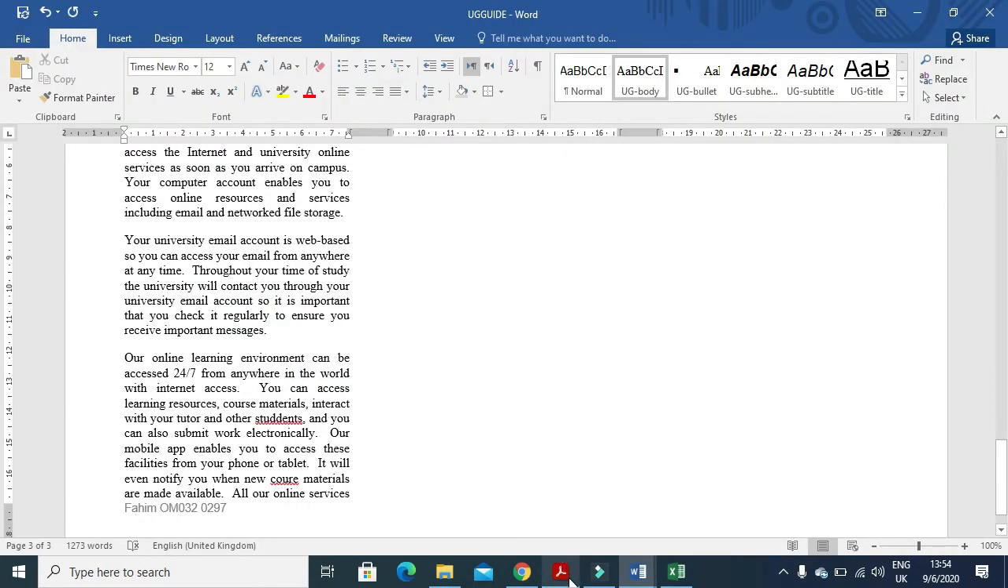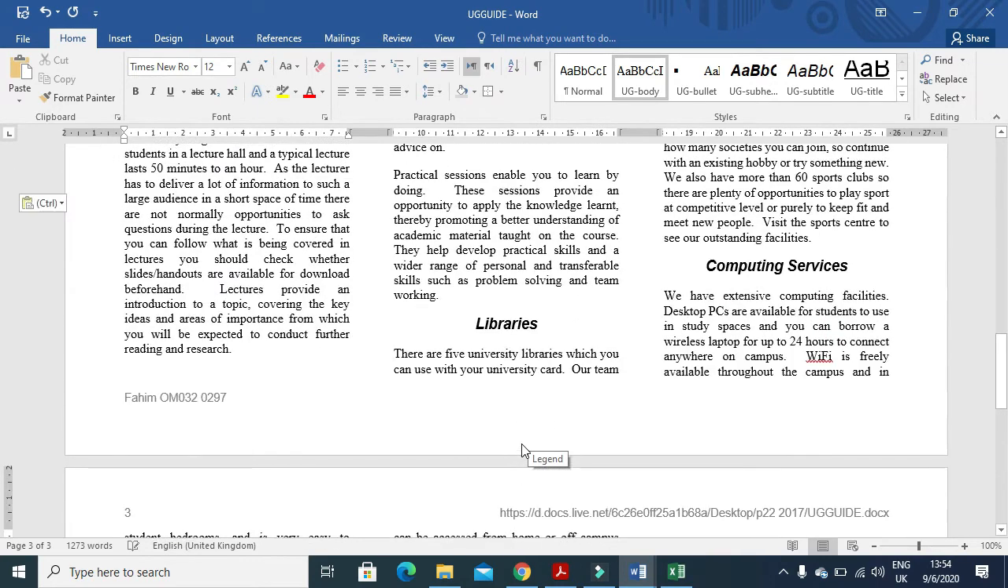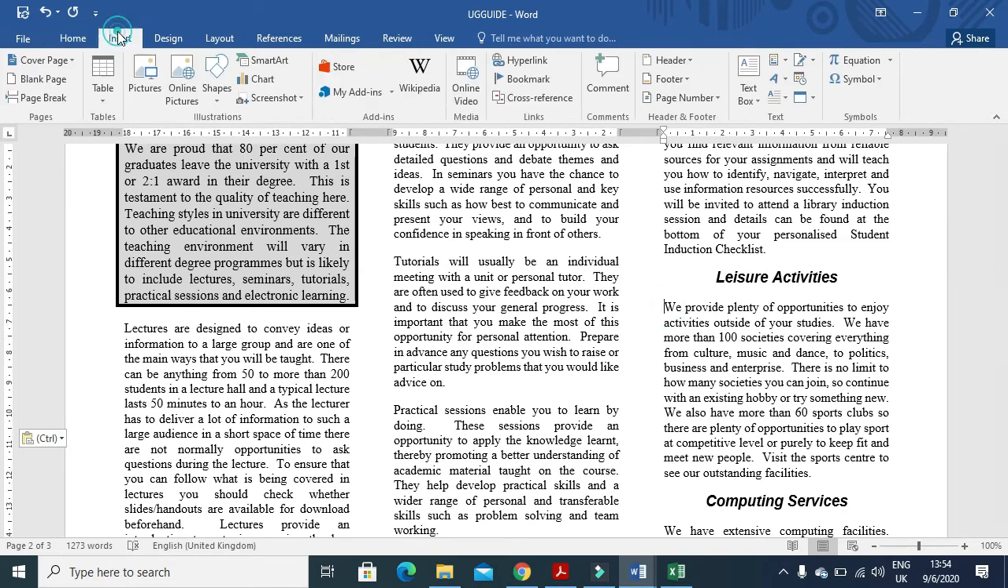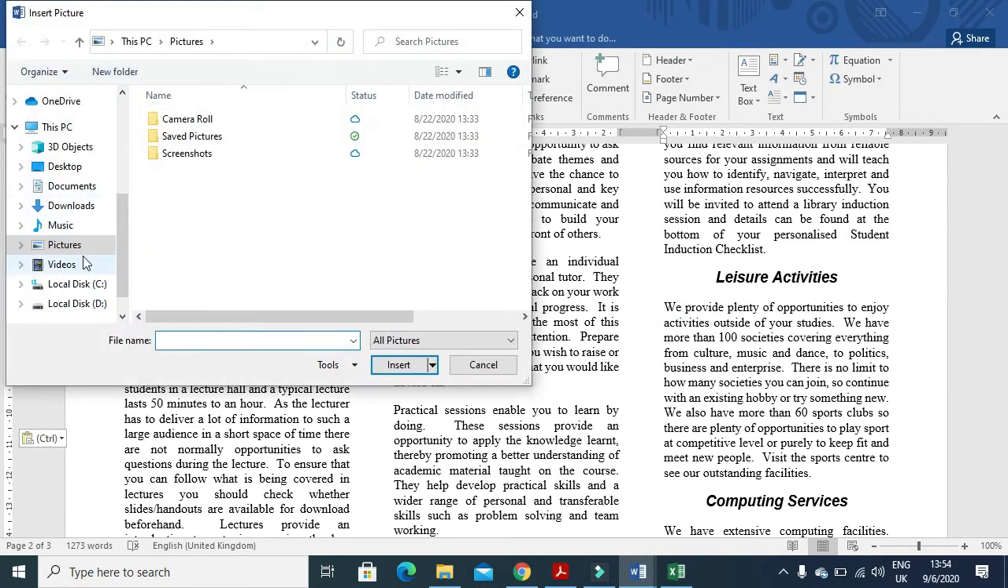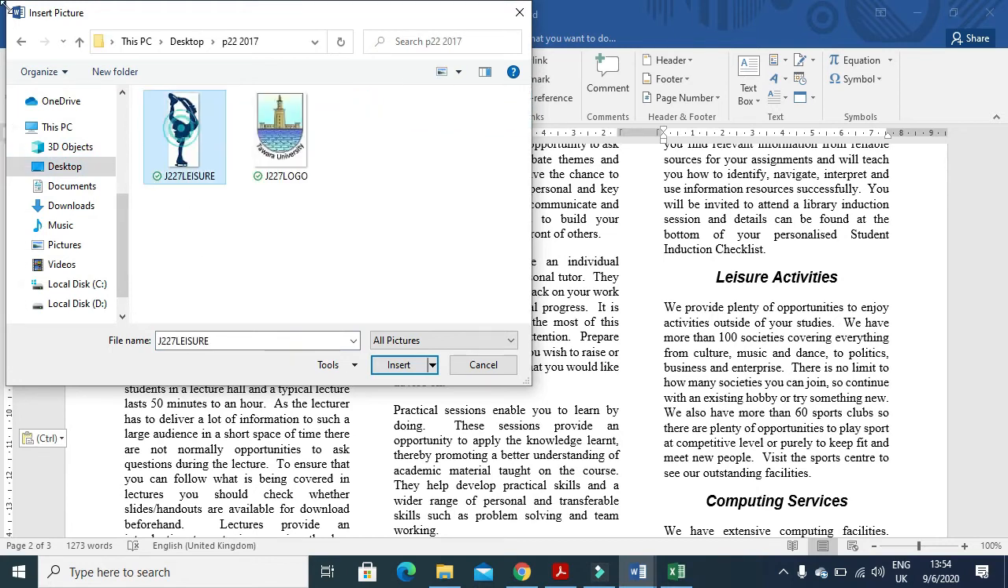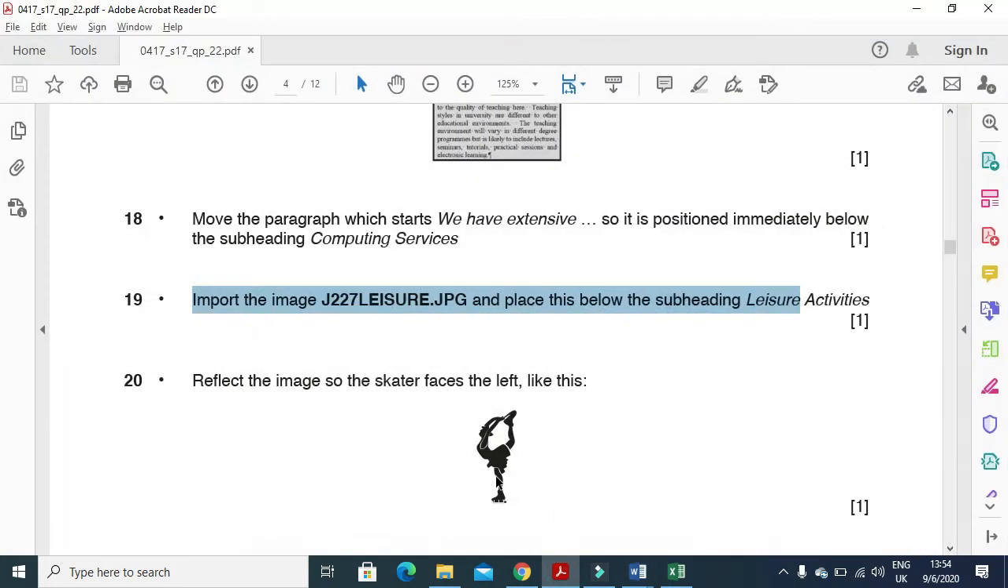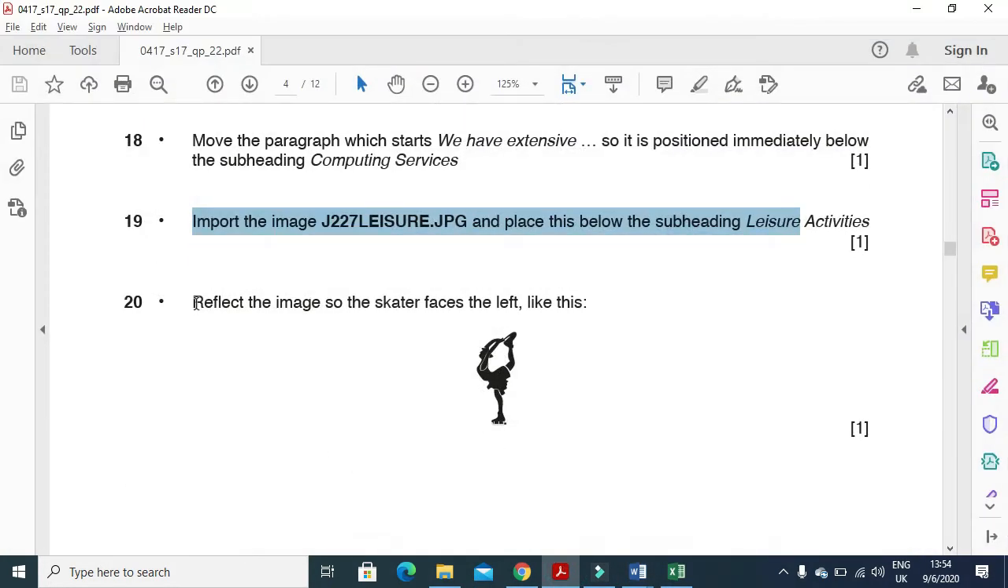And then they mention here import the image J227 leisure.jpg and place this below the subheading leisure activity. So leisure activity here, and then click on insert a picture, and then click on picture or desktop here, and then click on this folder and just insert the picture like that. Once the picture is inserted, they said,